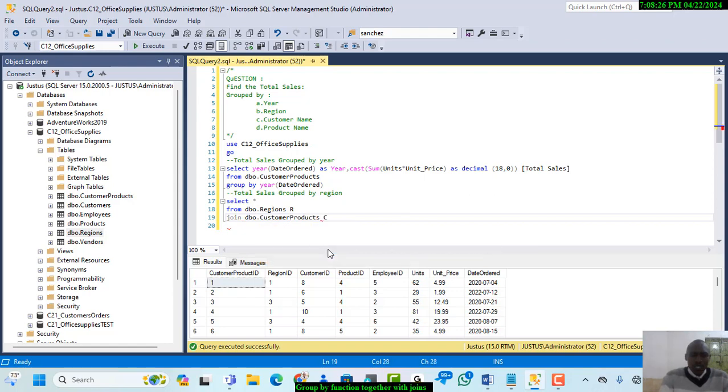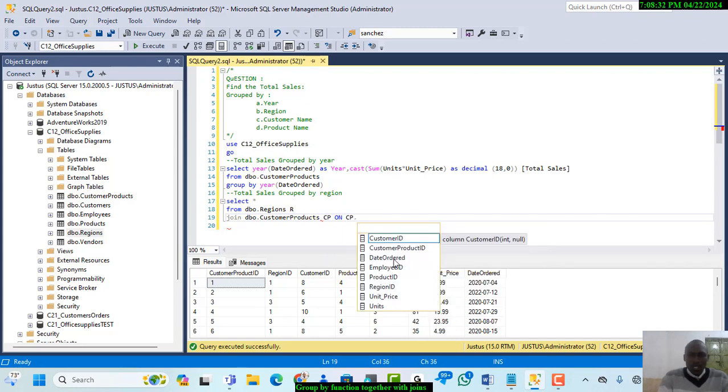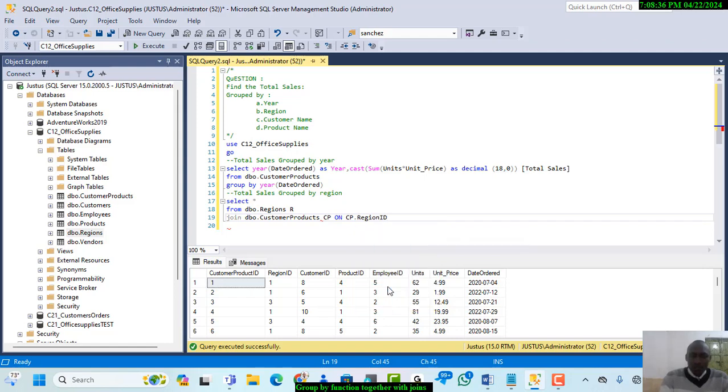The initial is CP, on CP.region ID equals the region table's region ID, based again on region ID. So when I execute this one,